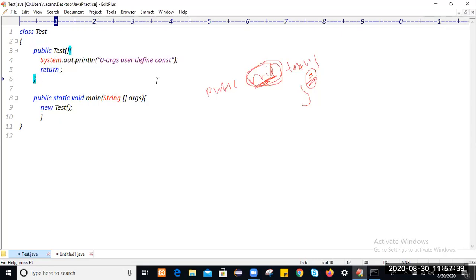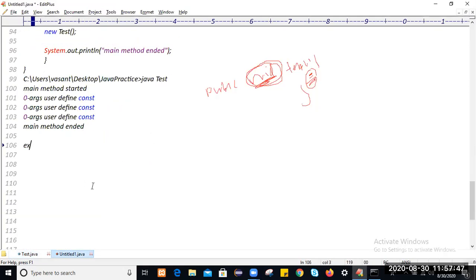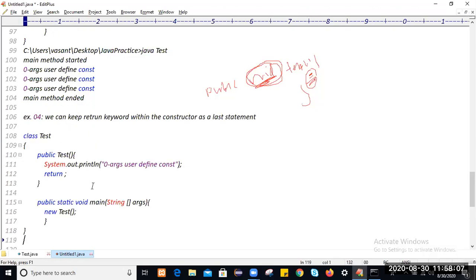Just write this: we can keep the return keyword within the constructor as the last statement. Not an issue.